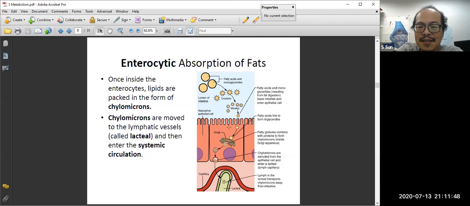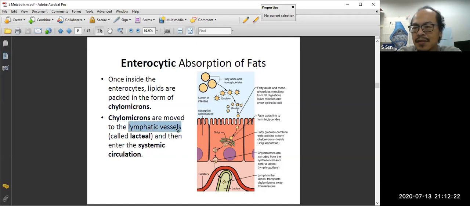So enterocyte absorbs all this, and lipid that enters into the enterocyte will then pass into the body, and they first form the chylomicron. That is this little particle. And then it will enter into the